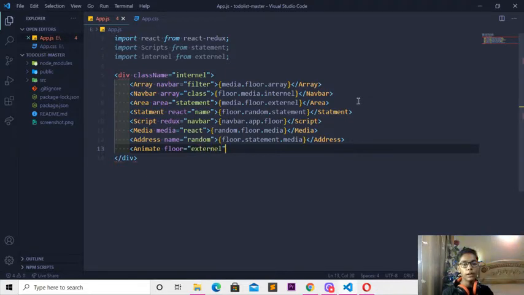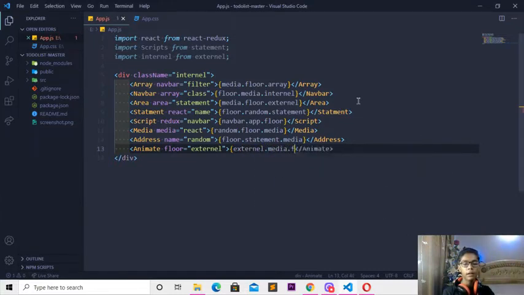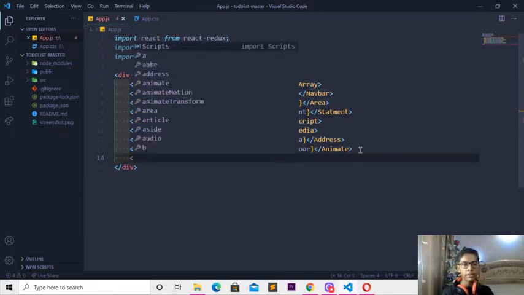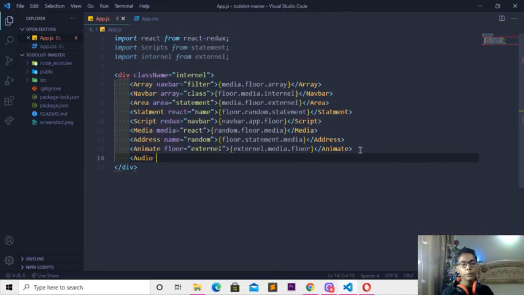If I do that, you have to close that now, then I'll be making a curly bracket writing external here also, in which I'll be writing dot media dot floor. So I'll be closing this bracket here also, means this curly bracket, then I'll be coming here and moving down again, then I'll be changing that to a tag which should be like audio, then here I'll be moving forward again, and here I'll be changing that to like script equal, then here I'll be writing that to a tag which will be like